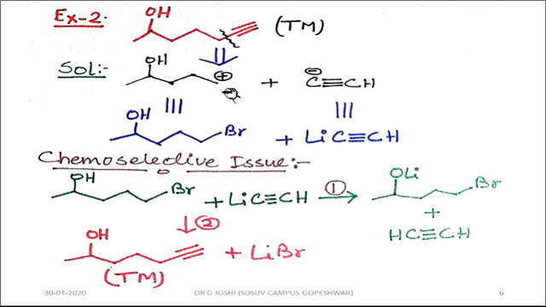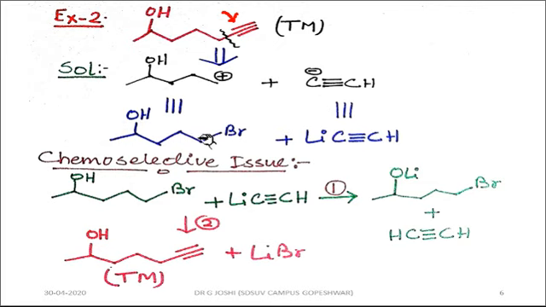Coming to the next example, this is a target molecule for our synthesis. First, we'll disconnect, and we know that disconnection is always favored next to the triple bond. This is one of the guidelines of disconnection. The triple-bonded carbon being more electronegative will get a negative charge, and the nearby carbon will get a positive charge. These two are synthons for this retrosynthesis.